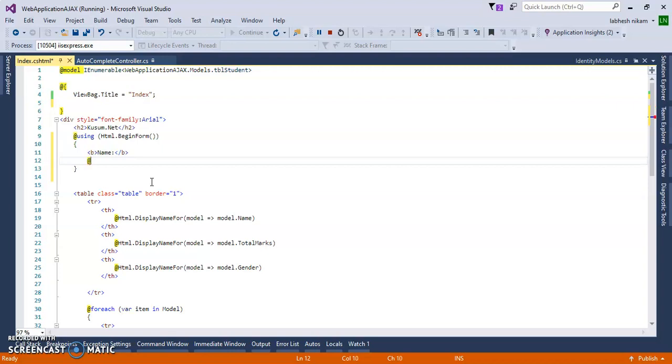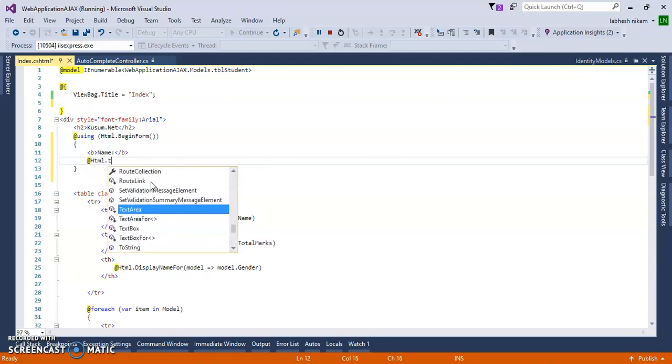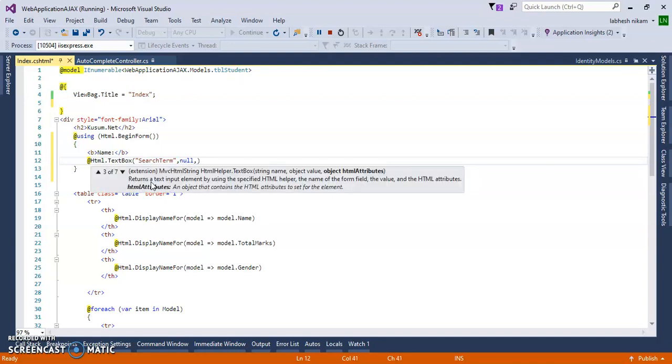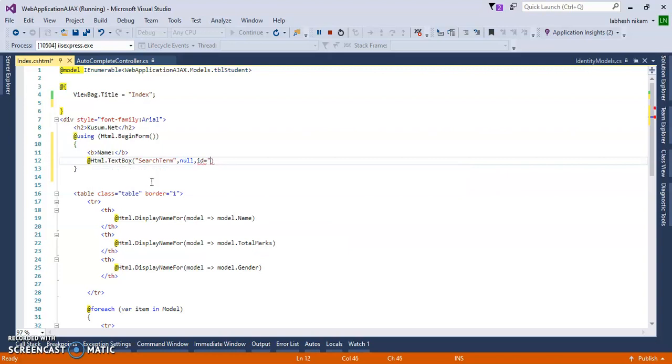For the text box I will add @Html.TextBox, and inside of that we'll pass the name of the text box, search term, and pass a null value, and pass the id equal to txt search.